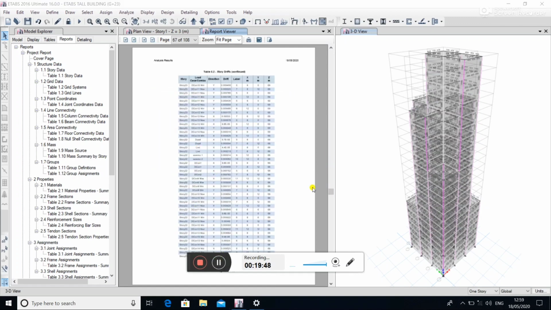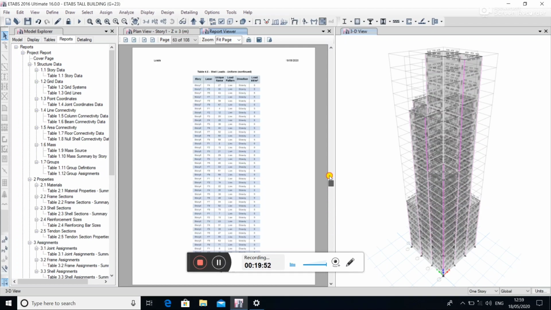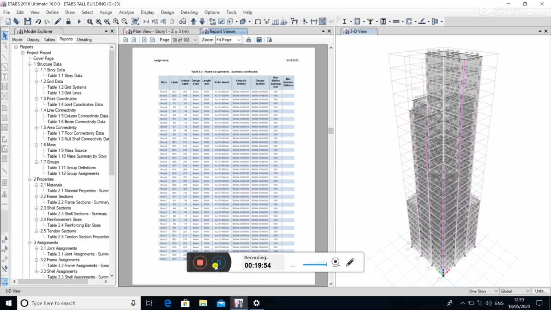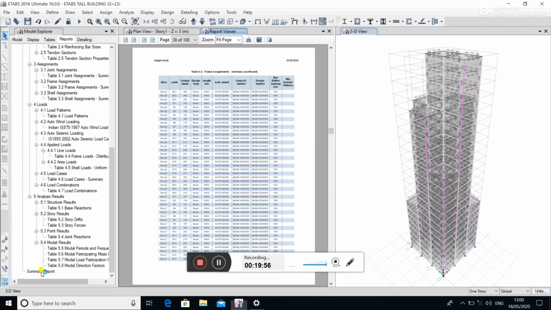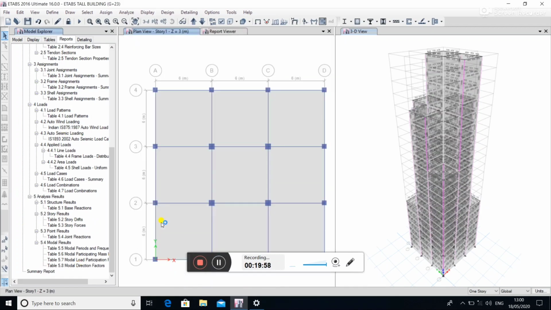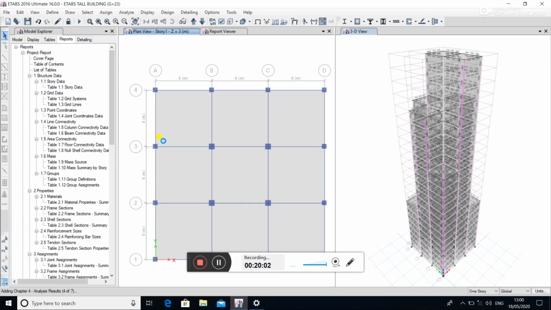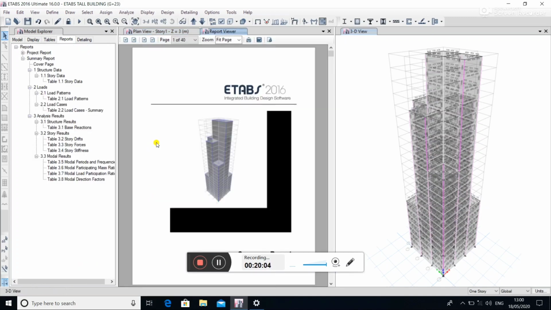You can find information about the building model in the project report. Then double click on Summary Report. We can get all the information about the project.